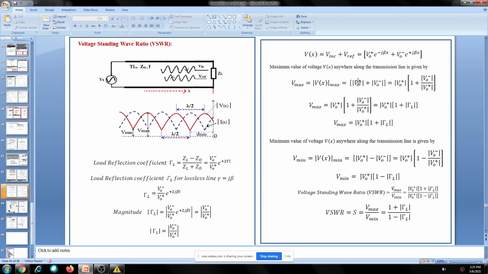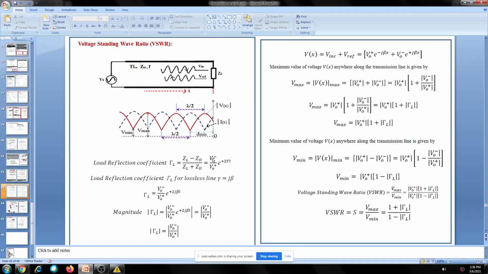What is remaining in the first term? It is 1 plus this, the numerator, and this is in the denominator. And you see what this ratio is. This is equal to the reflection coefficient at the load. We did it in the previous class. See here, the reflection coefficient Γ_L. Γ_L is equal to what? It is given by this equation, Z_L minus Z naught, and it is also given by this equation. I did it in the earlier class.